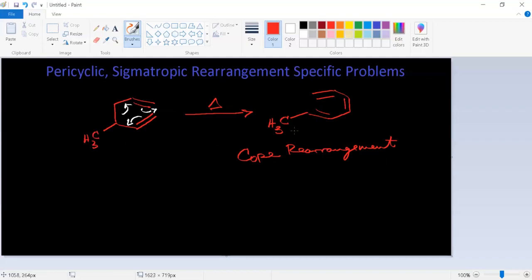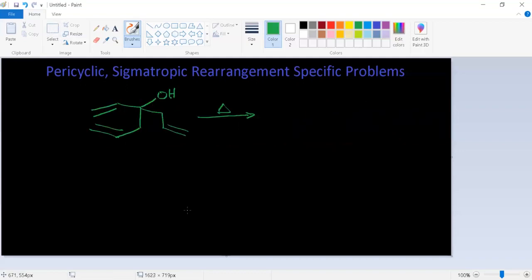So let's go on to the second problem I have. For this one, kind of sneak peek, it's going to involve more than just pericyclic type chemistry. So we're going to have to recall some of our old chemistry from previous chapters in organic. But first, I'm recognizing that I have a 1,5 system right here. So the only place where I can label 1,5 would be 1, 2, 3, 4,